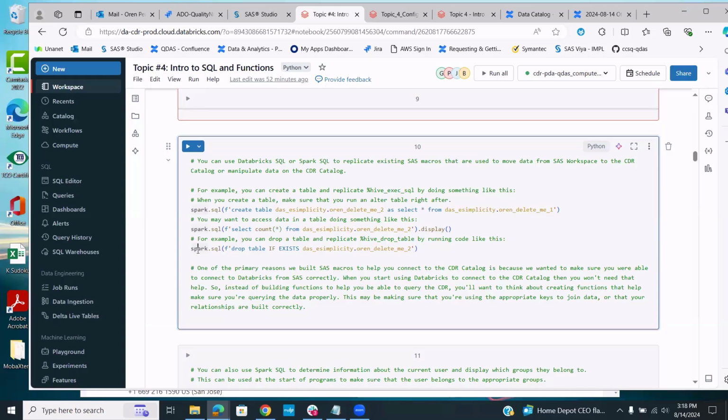Your functions are going to change a bit for how you manipulate SQL when you move from SAS to Databricks. In SAS, there were some connections we needed to set up behind the scenes for you to actually be able to connect, so we needed to give you macros that would do SQL statements for you. Now that you're in Databricks, the data is stored in Databricks and you're working in Databricks, so you don't really have that connection issue. So you're not going to create things just to do basic SQL statements, but you may